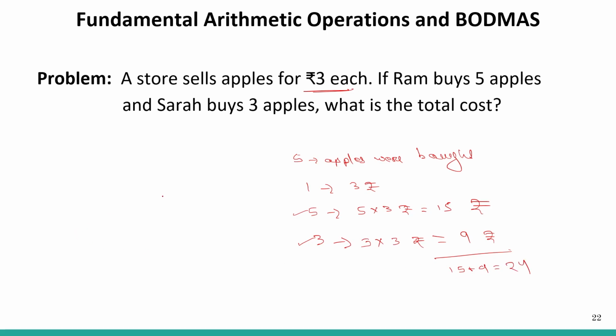You must be wondering how this involves the BODMAS rule. So 5 into 3 plus 3 into 3, what is it equal to? Is it equal to 5 into 6 into 3, doing this one first, or 5 into 3, that is 15, plus 9? Which one of these is correct? Is it equal to this or this?